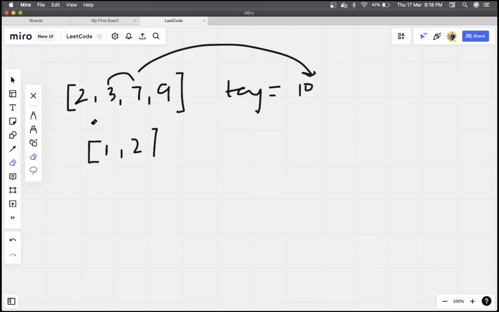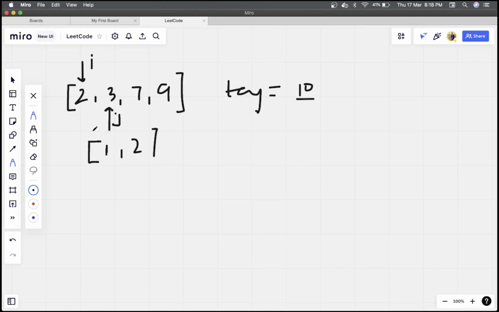So we can use two loops like this, where one pointer points to the first element, and the second pointer iterates over the remaining array, right? We check the sum, like we have i here and we have j here. So we check whether the sum of the ith index and jth index is equal to 10 or not, right? If it is not 10, we move j to the next one. If it is not equal, we move the jth pointer again to the next one. If it is not equal, so our jth iteration is complete.